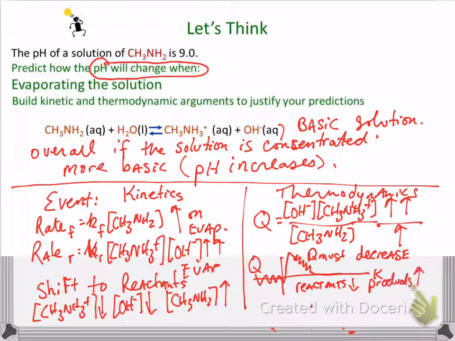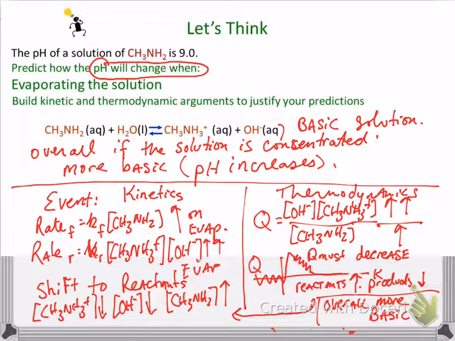All right, and so what we're going to see is that we have an overall more basic solution. So the reactants are going to increase and the products are going to decrease. This is the same story as the kinetics argument, it's just a different way. We see that there's an initial concentration spike of OH minus, which makes it much, much more basic, but then the shift in equilibrium, because of the increase in OH minus,